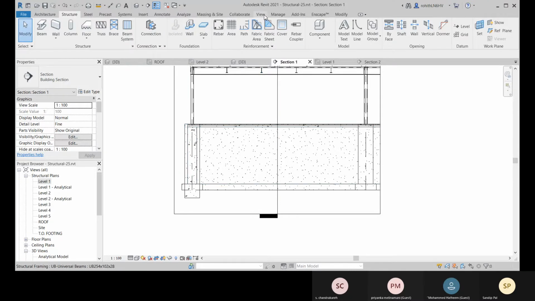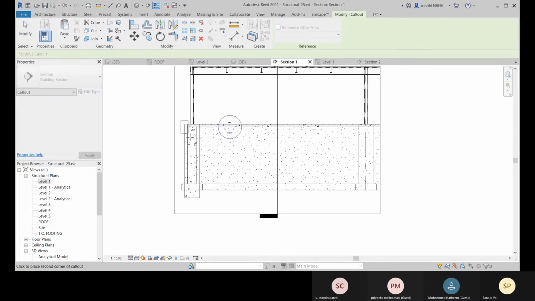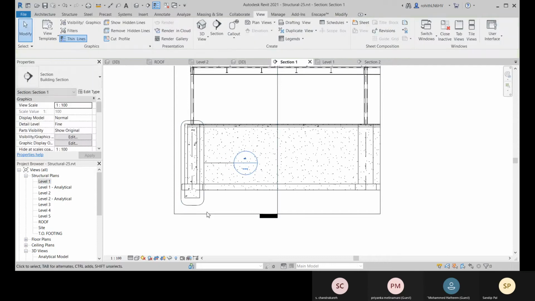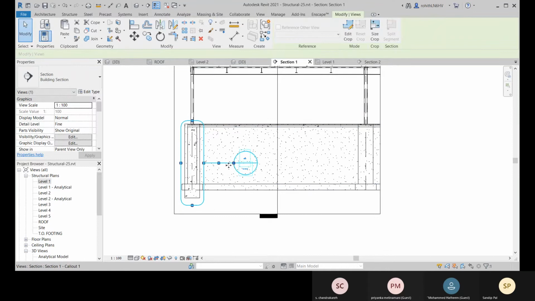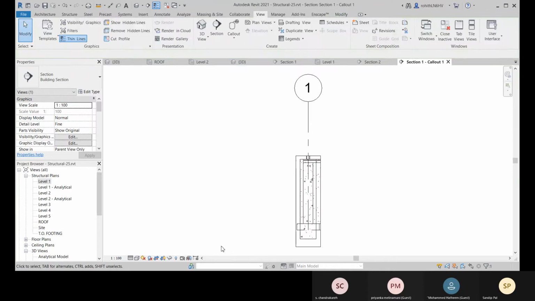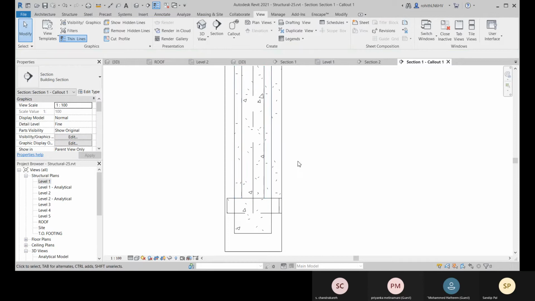So for that, what you do, come to this view, and there you have this call out, and there you create one call out for this particular object, and you switch to this, sorry, right click, go to view, and you switch to this call out, and there you create the detail, create your reinforcement detail.